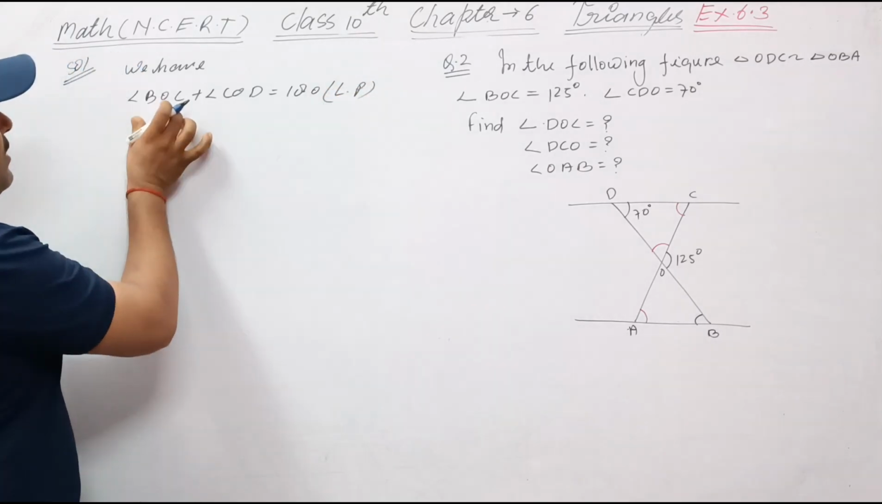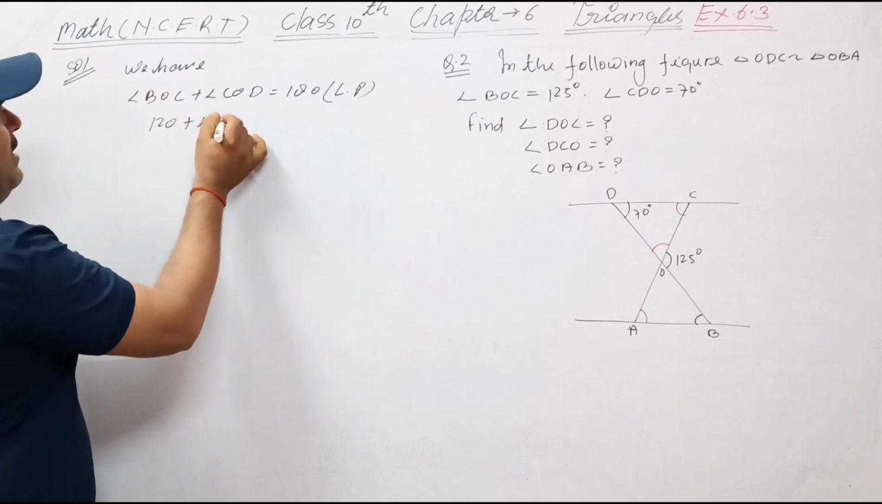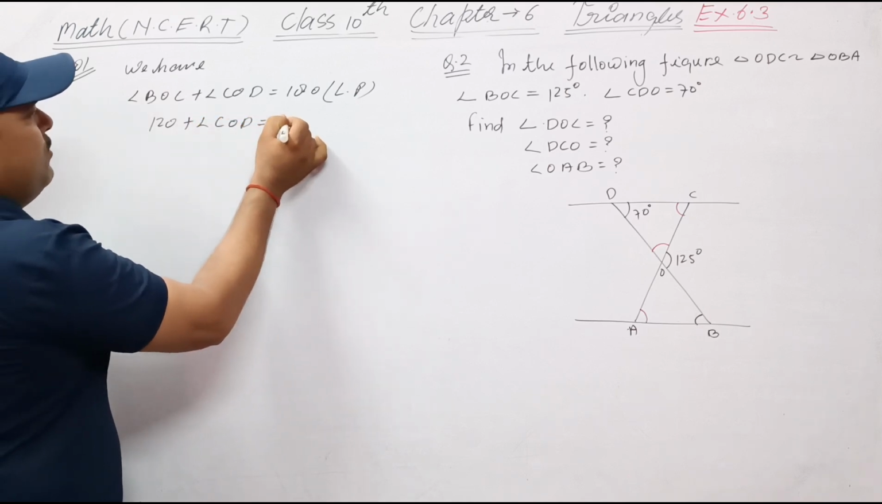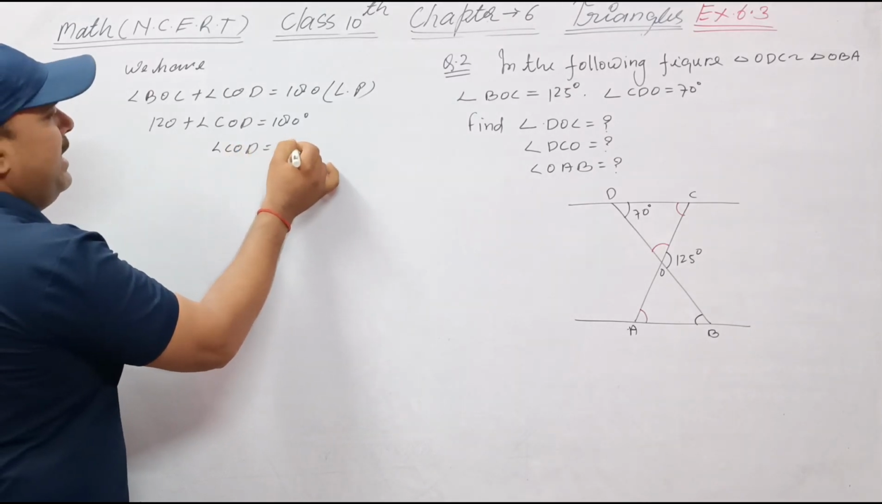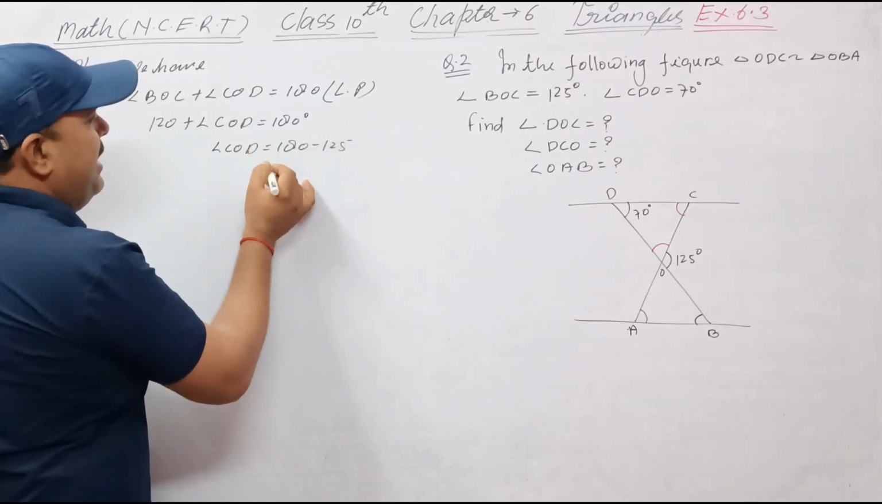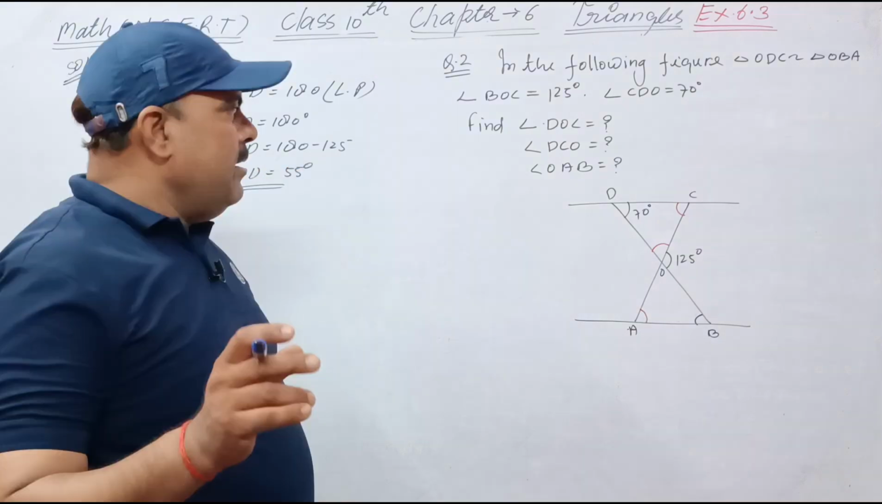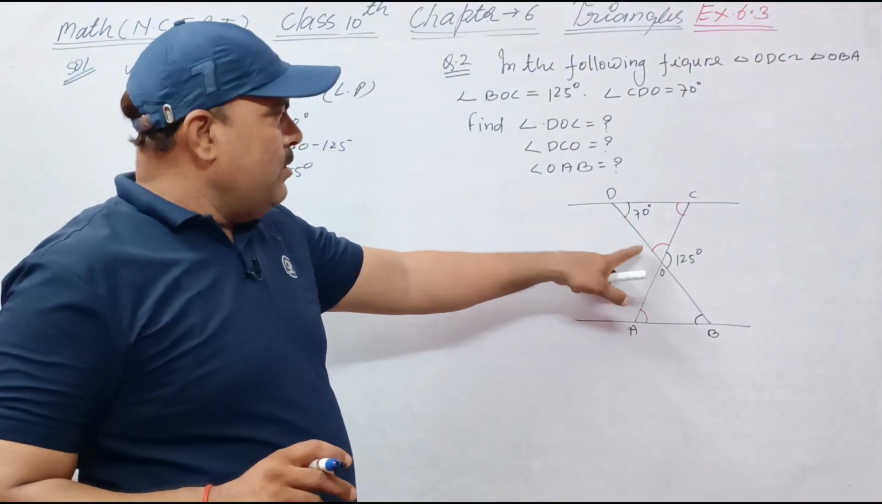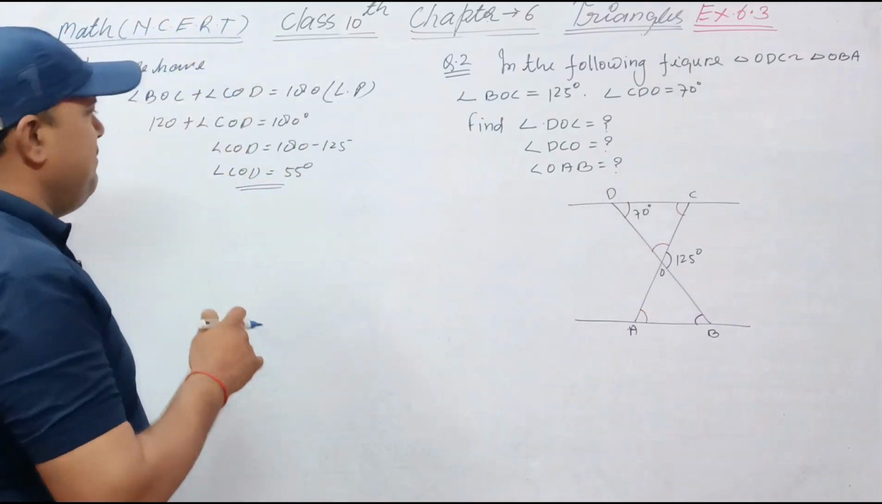Linear pair. Angle BOC, which is 125, plus angle COD is equal to 180 degrees. Angle COD is equal to 180 minus 125. Angle COD is equal to 55. Again, in triangle OCD,